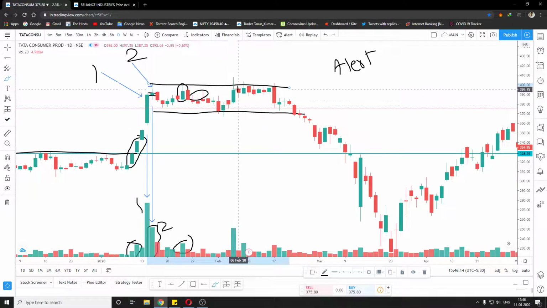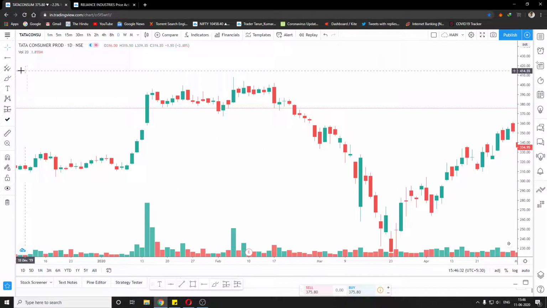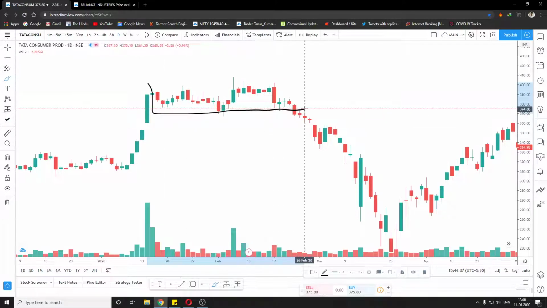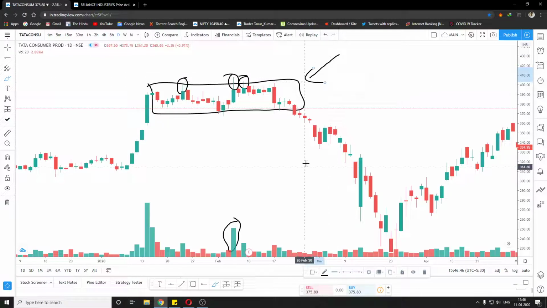Then the price went up in this candle, but again huge selling pressure, big volume. This means that the selling pressure is there. And then we get this candle showing weakness, and finally we had a breakout on the lower side. So this is an example of the selling climax. We get a sideways market which has upper wicks, and when the upper wicks are formed, the volume is big. So this represents a selling climax.